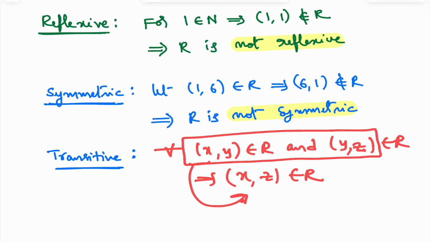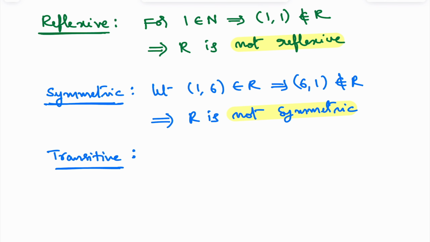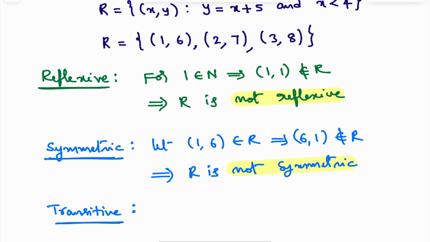Try to understand. If there exist ordered pairs (x, y), (y, z) in the relation, then only we look for (x, z). If there don't exist (x, y), (y, z) in the relation, then no need to check this condition and we say that the relation is transitive. Let's see this relation. You observe here, this ordered pair ends with 6. Now you look whether any other ordered pair starts with 6 in this relation. There is no other ordered pair that starts with 6. So for this (x, y), there doesn't exist (y, z) to check (x, z). In that case, we say that this element passed the